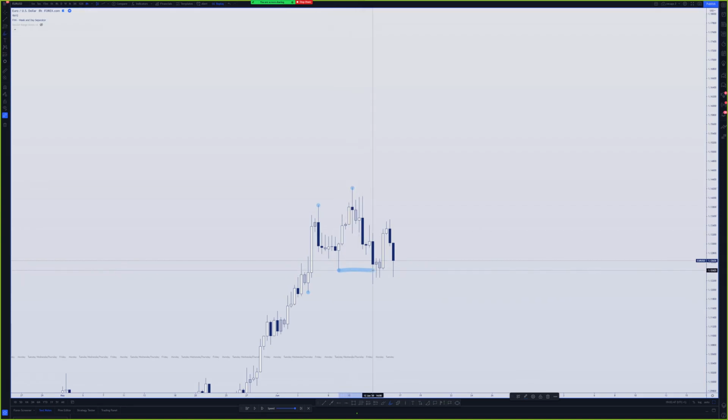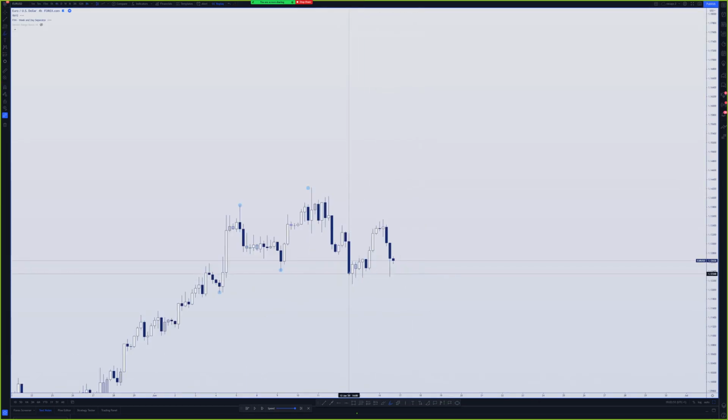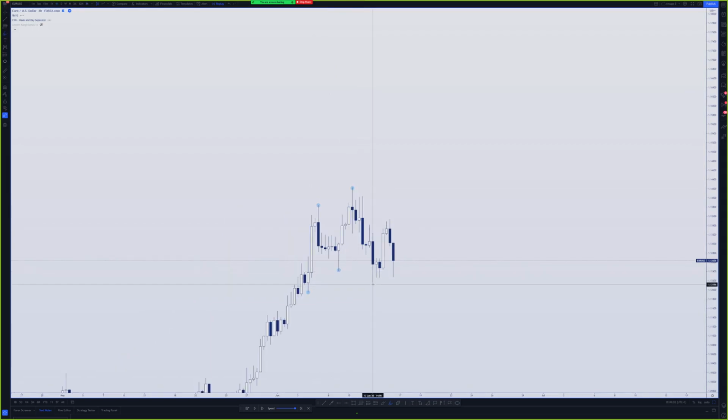So we want to wait till this breaks, though, because remember we're on a higher time frame. If we were to look at the 4 hour, this actually closes below it, right? And this is a pretty significant pullback too. So I wouldn't be against saying that this is a break of this low, right? And we saw it on the 4 hour, right? You can always switch back and forth between time frames, but